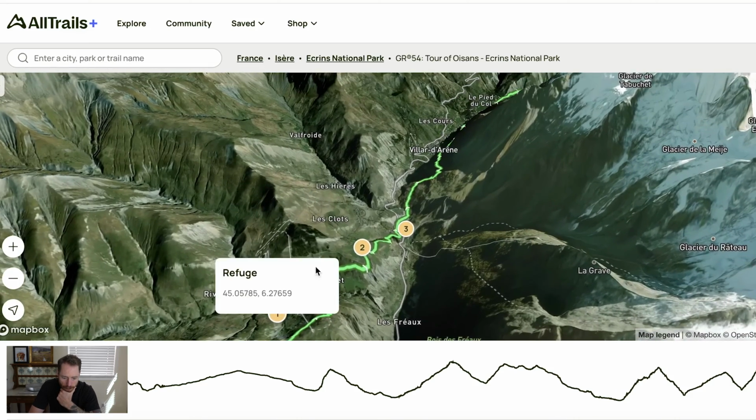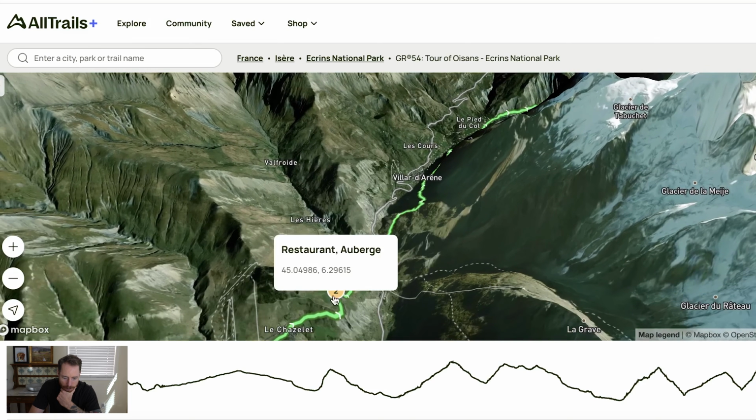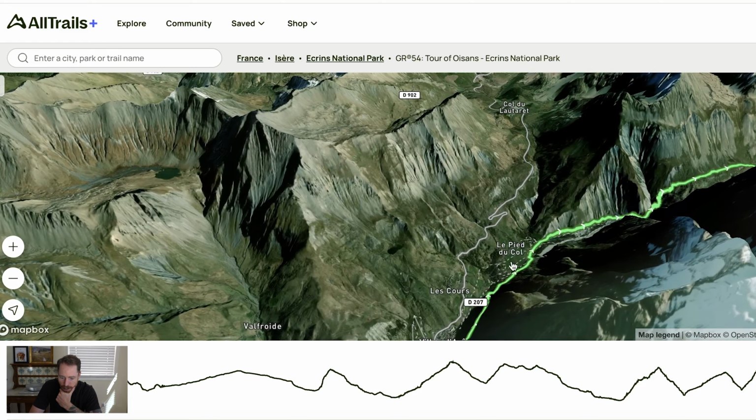I kept going along here, and so I never stopped here for any sort of camping or restaurants, but I kept going, and that second day I camped in my tent right in this area right here. There's some camping. I remember this section being pretty nice. And the start of that third day,